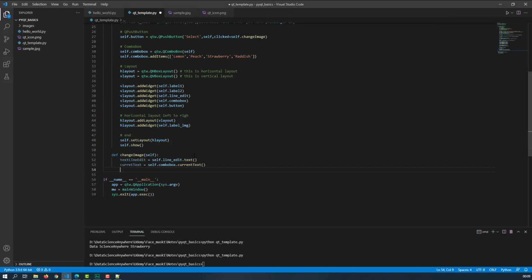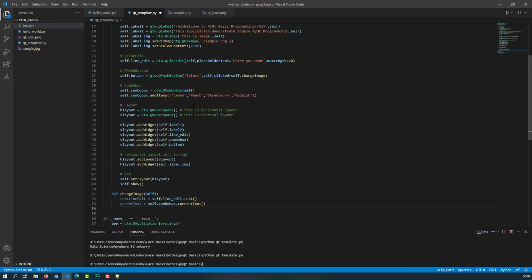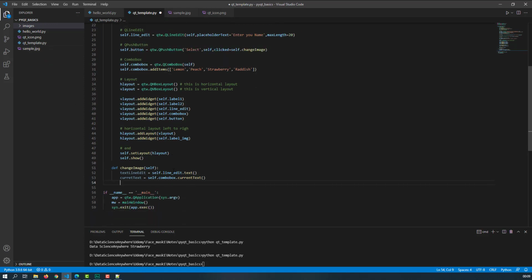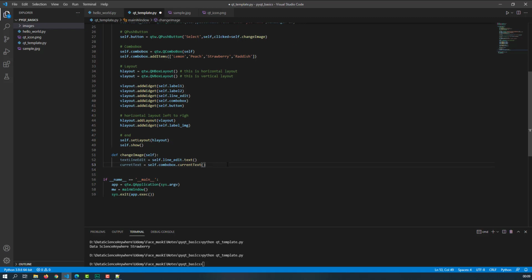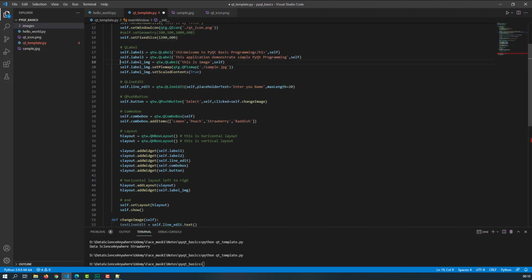Okay, now what I'm going to do here is, based on the text that was inside the current combo box, I will select that particular image. I already have the images with me. Based upon the current text, I will change the pixmap in this label_image. That's what I'm going to do. In order to do that, first, let me mention if current_text is equal to lemon, because I already know that if it is a lemon, then I need to change this. So let me copy this,